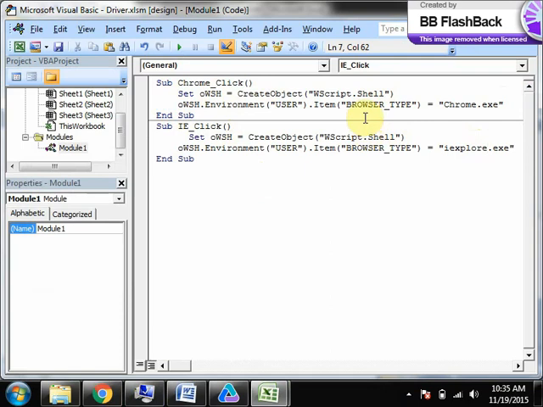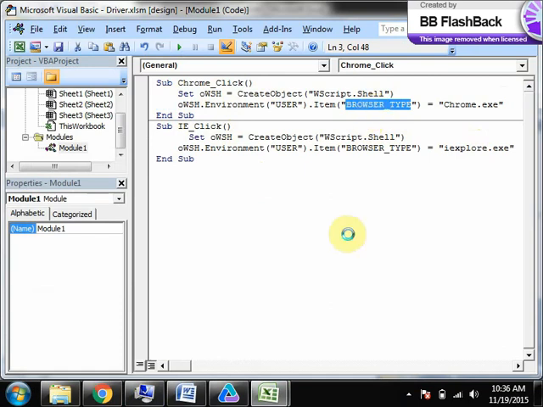You know what this does exactly? In case if the browser type variable is not there, it creates and updates the value. So we have seen this WSH. It creates the variable and updates the value in case if that variable is not there. If the variable is there, it will update the value. That's it.